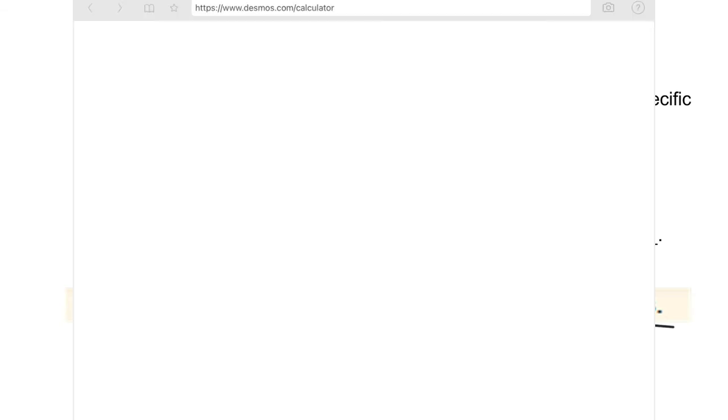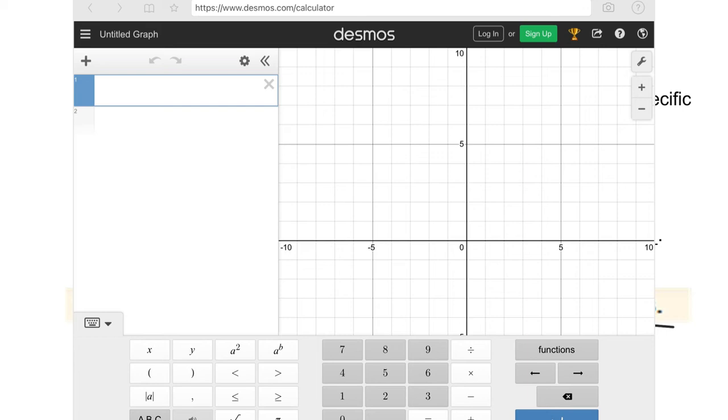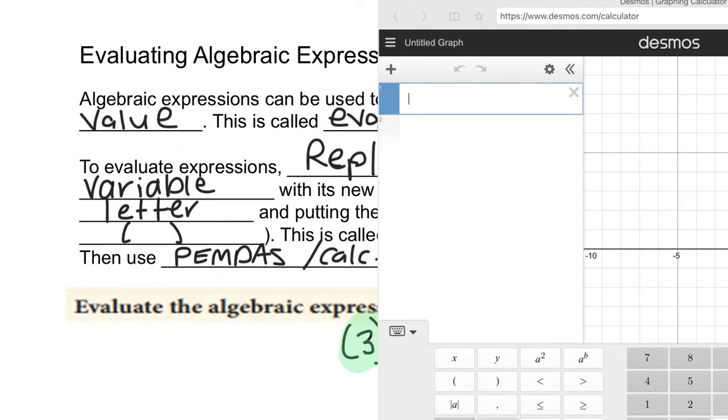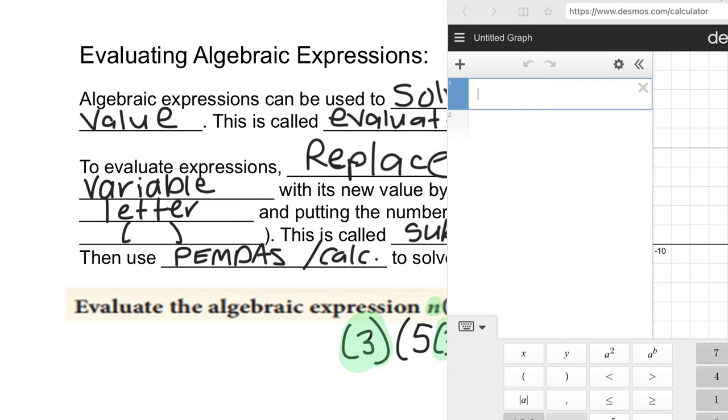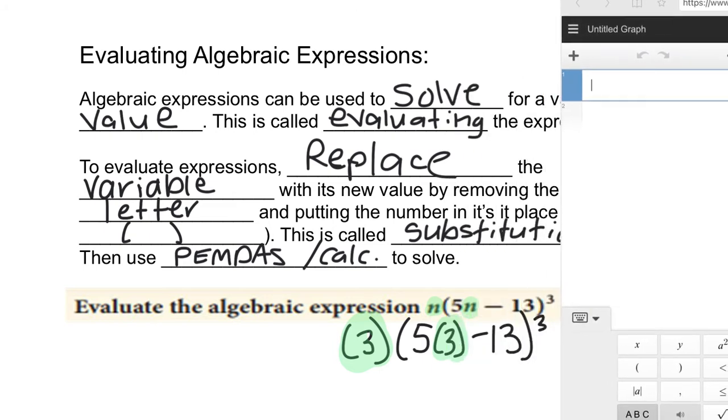And even a cell phone calculator will do exponents, but it's kind of weird to try to do it. So this might be a better choice for you guys overall. So here's Desmos. Desmos works just like a normal calculator. You can type anything you need to in right here, and it'll calculate that value for you. If you need exponents and stuff, you can use this little keyboard thing right here, and it'll allow you